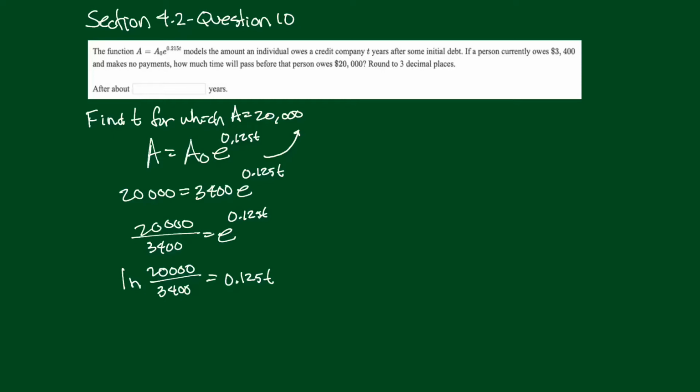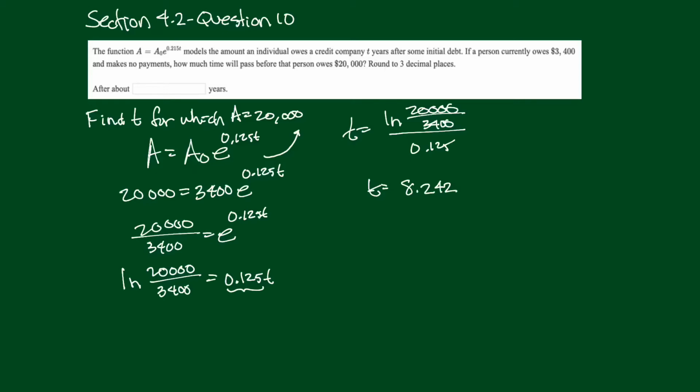0.125t. And I'm going to solve for t by dividing by that 0.125. So we're going to get, I'll do it up here, t is equal to ln of 20,000 over 3,400 divided by 0.125. And now what we're supposed to do is round this to 3 decimal places. So when I did it on my calculator, I got this to 3 decimal places,